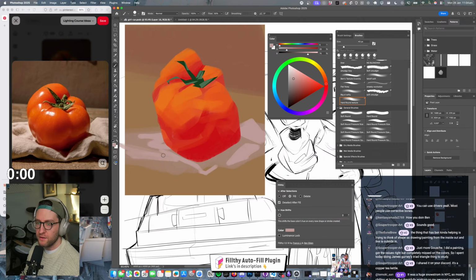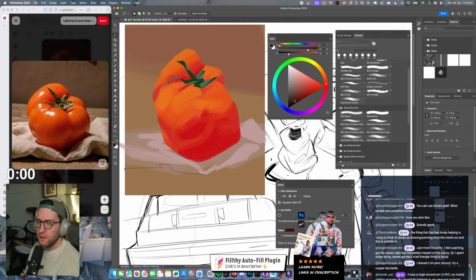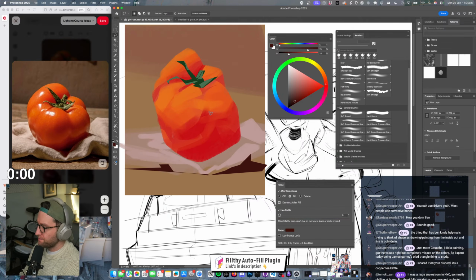All right, so me putting these shapes here, it's going to affect the tomato. Zip, whack in the dark shapes there. Zip, zip, bam, bam, whack in the dark shapes there.